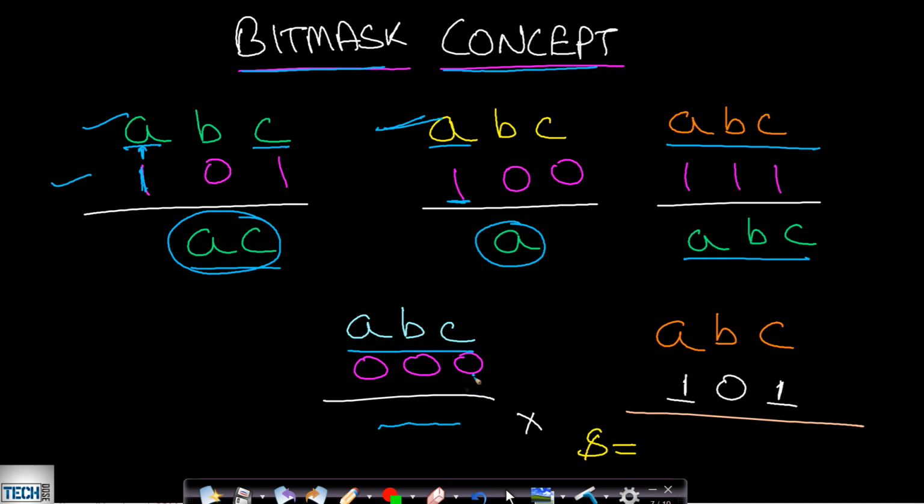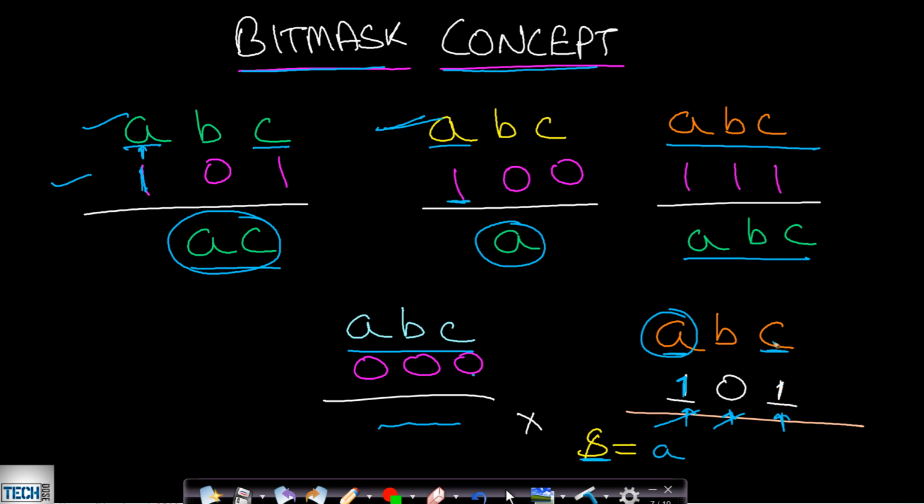Now, how do we include the characters? We can generate a bit mask value, and then we will iterate from the first bit. Let us say we have a value 1 here. We take an empty string initially, which will be S. Whenever we see a value 1, we just insert the corresponding character into our resultant answer, so this A will be inserted here. Now we will move to the next bit. This next bit has value 0, so we will just skip it. We will go to the next bit, which is 1. So this has value 1.